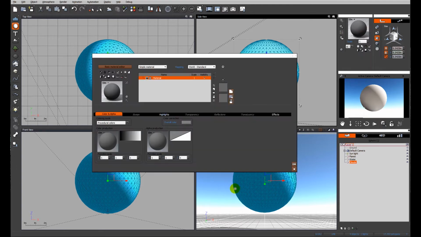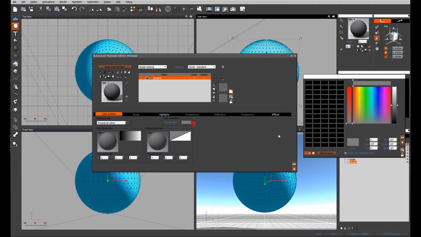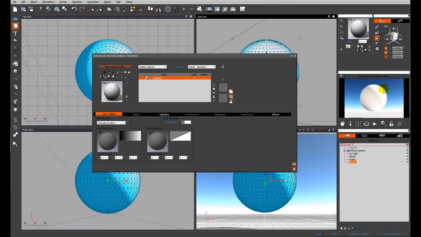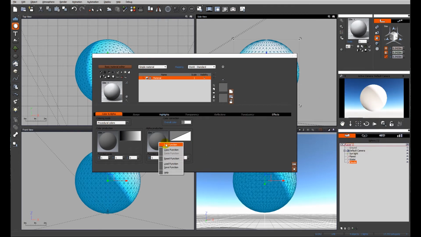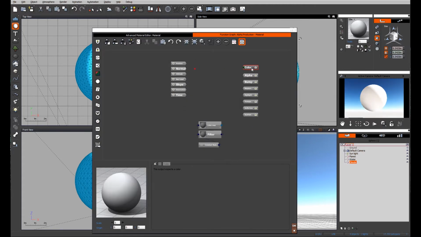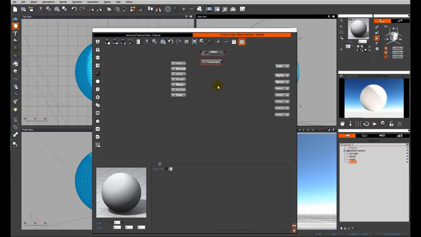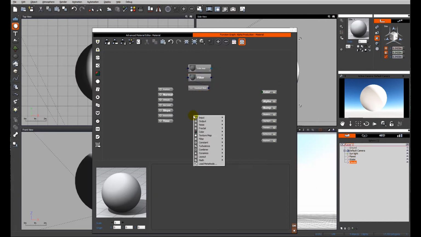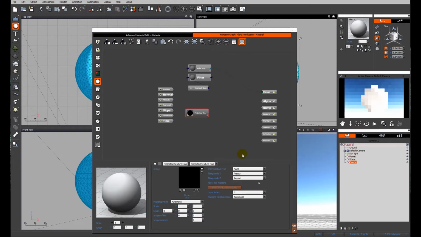So I'm going to edit that material. What we're looking for now is to produce a layer of clouds. We can't really use a volumetric material. Obviously, we can't use a cloud material in a sphere. So we're going to adapt and change its alpha. So alpha deals with transparency. So we want to change the transparency of this layer. And what we're going to do is just tidy up as usual. And we're going to add, by right-clicking, a texture map. And we're going to use a projected texture map. So if I link that through to the alpha,